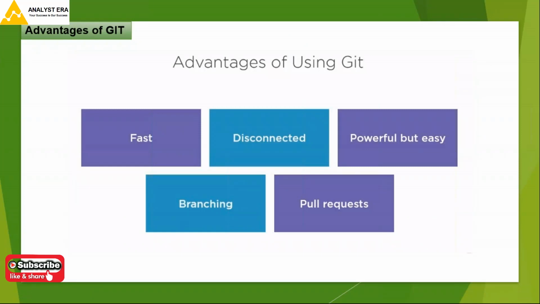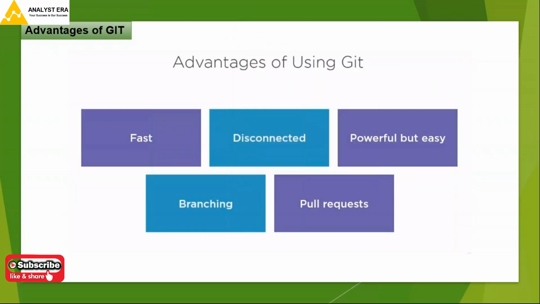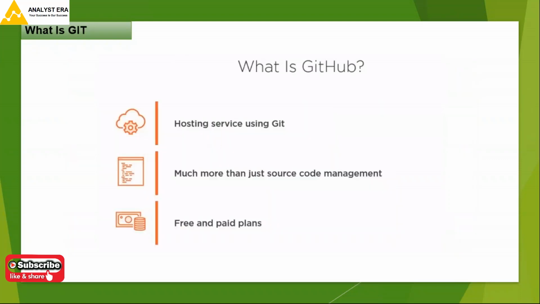How do we merge branches? We'll look at that. To merge branches is where you will raise a pull request. We'll see what a pull request is and how to work with it. So we'll look at branches and pull requests. Those are the key things which you need to understand when you're working with Azure DevOps. We'll look at whatever we are speaking about now practically, and you can also go ahead and work on this